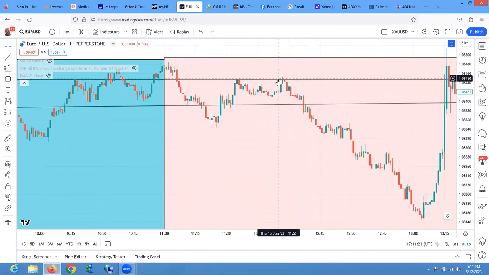So A, B, and a C, and this is also running in 5 waves to the downside. That's what we are seeing now, running in the 5 waves to the downside, as we see this as